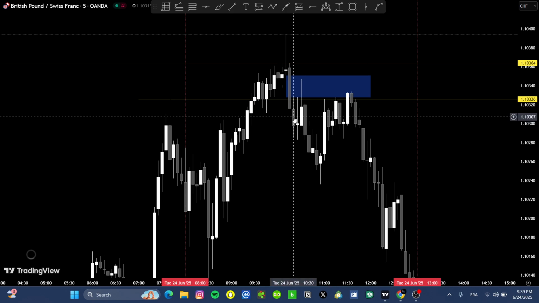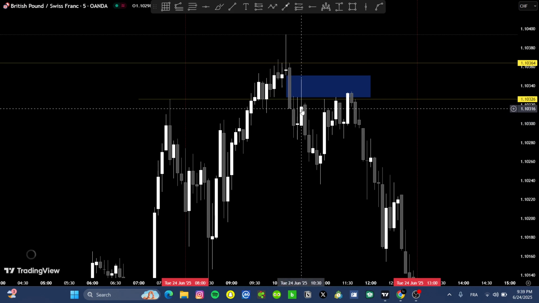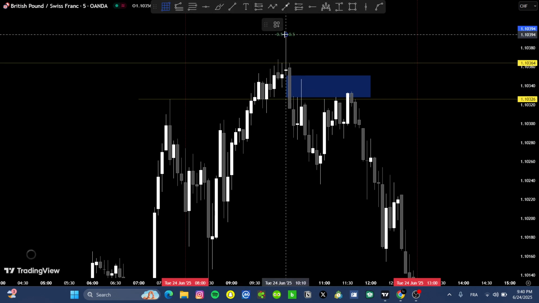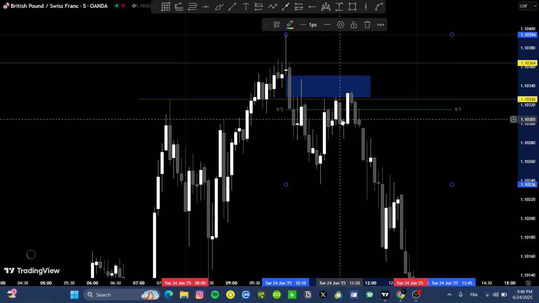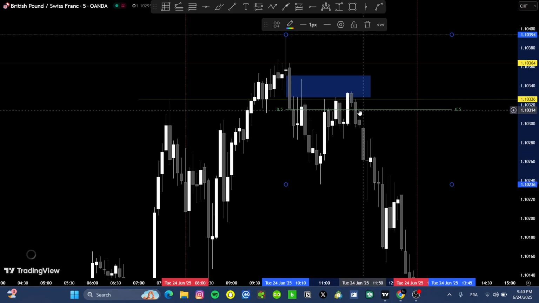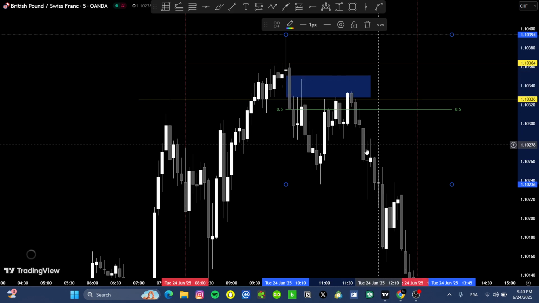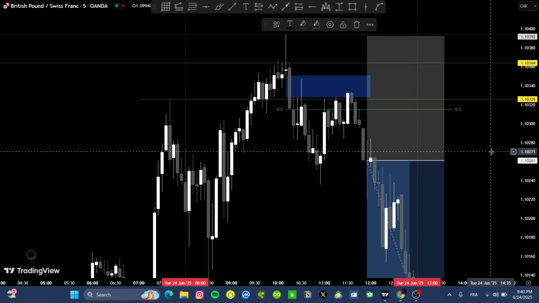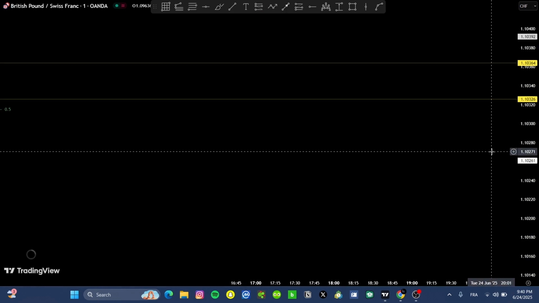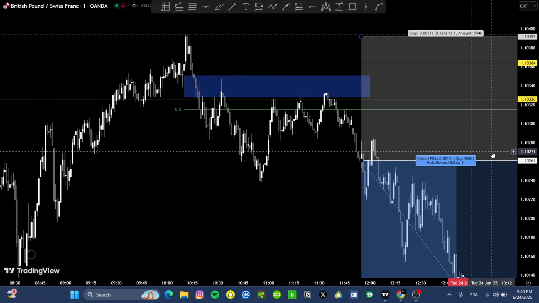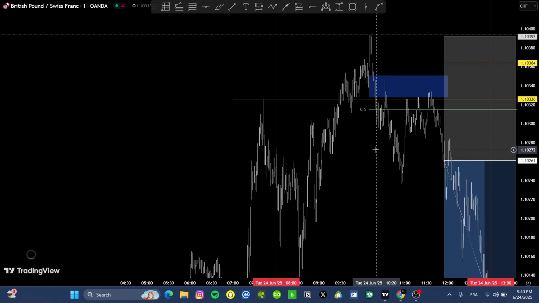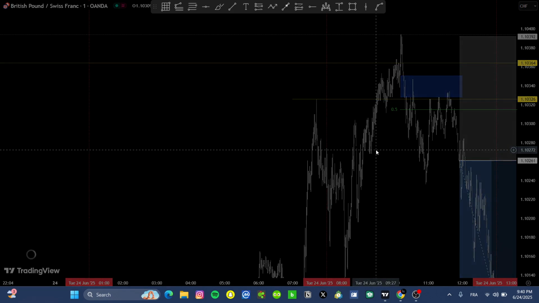Let's say I did not like this one because on the 15-minute we still did not invalidate the 15-minute fair value gap yet. But then we did retrace back into the equilibrium zone. If we go from this to this, we did retrace back into equilibrium. I kept waiting for a break of structure. Boom, on the 5-minute we did break the structure to the downside. Boom, enter the trade, or even wait for a 1-minute retracement to get a better entry. So let's say you entered after the 5-minute break of structure,